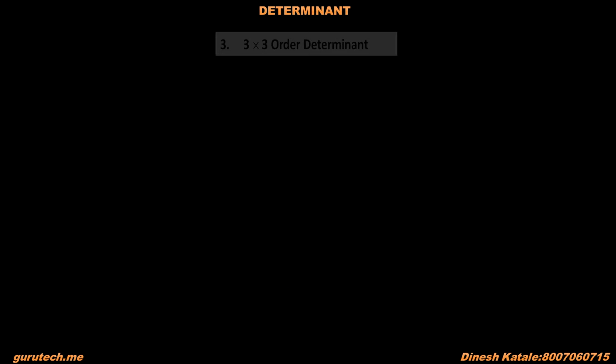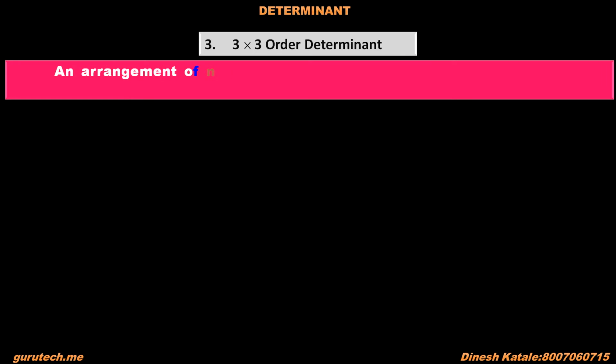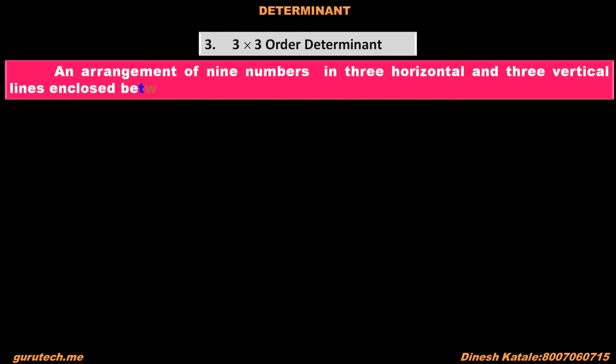Now we have to learn determinant of order 3, means determinant which contains 3 rows and 3 columns of total 9 numbers. An arrangement of 9 numbers in 3 horizontal and 3 vertical lines enclosed between 2 vertical bars is called determinant of third order or determinant of order 3. For example,